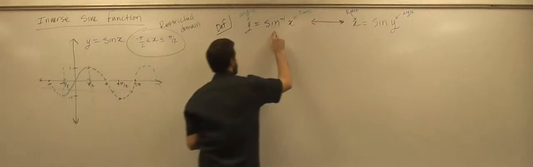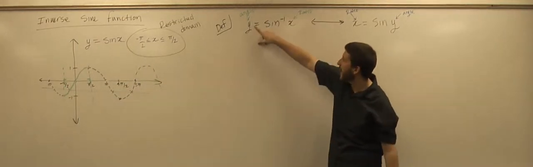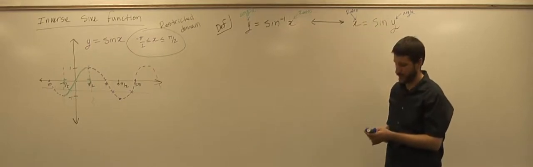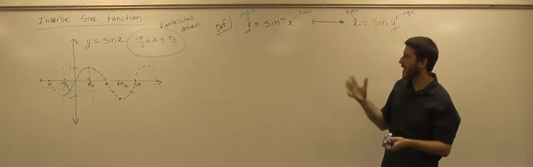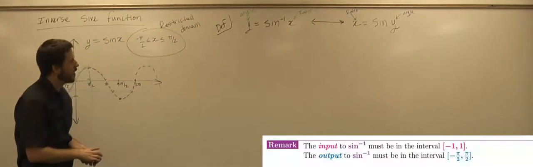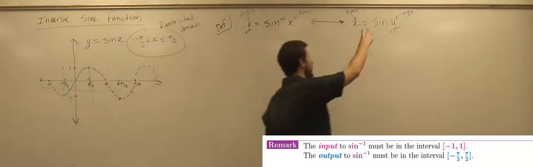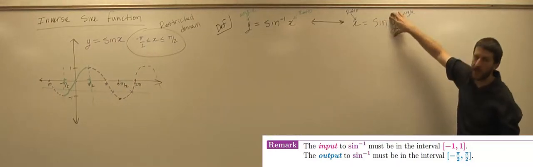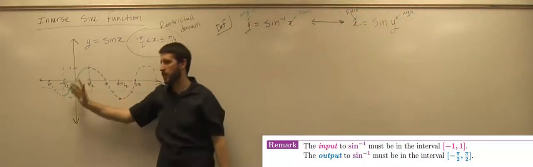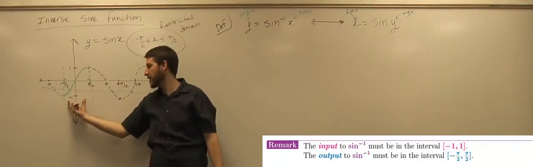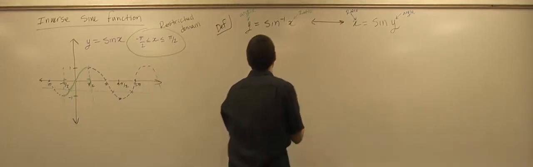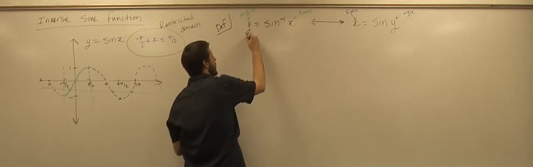So inverse sine is going to spit out the angle that makes sine equal to your ratio. The one catch, the one thing that's going to make your life very difficult, is that the angles over here have to be between negative pi over 2 and pi over 2. That was our restriction. We had to restrict sine so that the angles we put in were between negative pi over 2 and pi over 2. So this angle that you get out over here